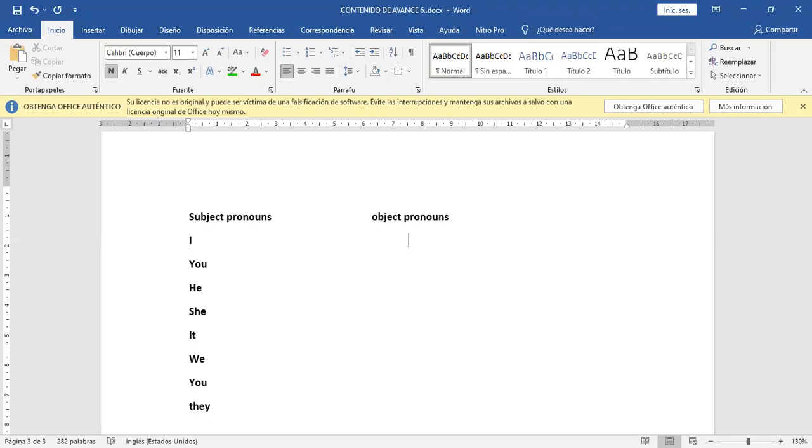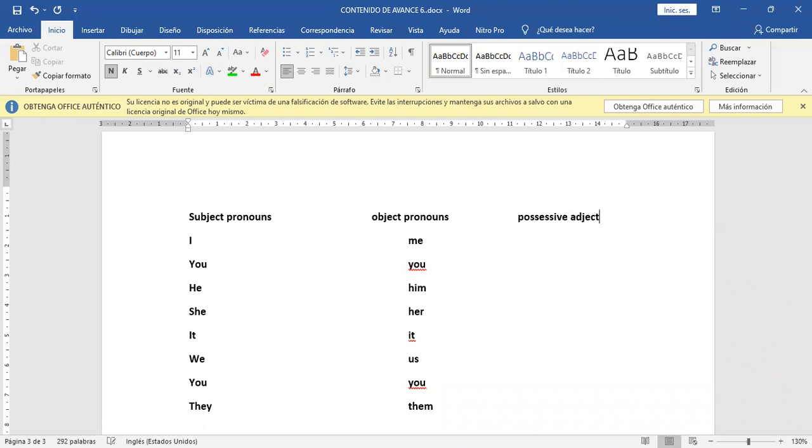Object pronouns are: I, me; you, you; he, him; she, her; it, it; we, us; you, you; they, them. Pay attention. Don't confuse with